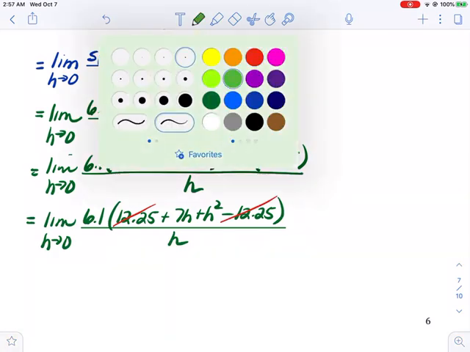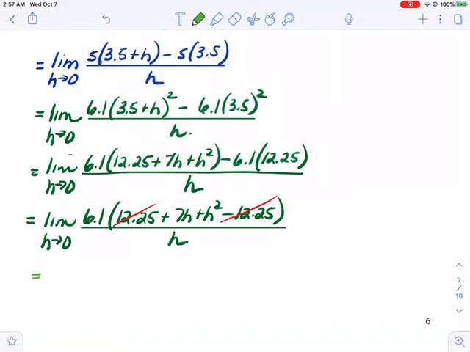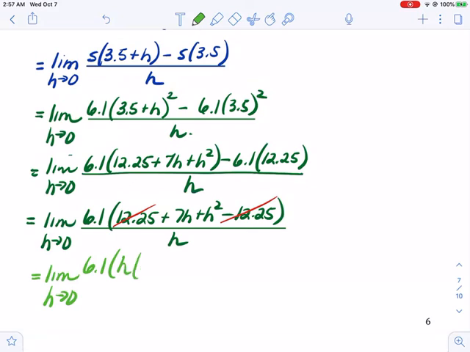Cancel the 12.25s. Then we get the limit as h approaches 0 of 6.1 times, factoring an h out of the numerator, h times the quantity 7 plus h, over h. Canceling the h's,